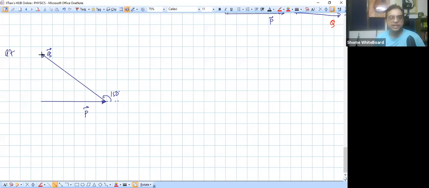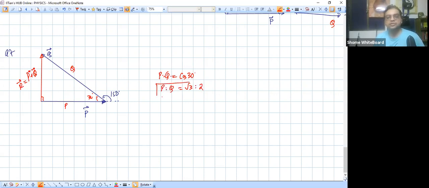That should be perpendicular. So this should be a right angle triangle with that exterior angle. This is the resultant. That exterior angle is 150. So that means this angle is 30. So that means P and Q's ratio is what? Cos 30. So that is root 3 is to 2. P is to Q has to be that.